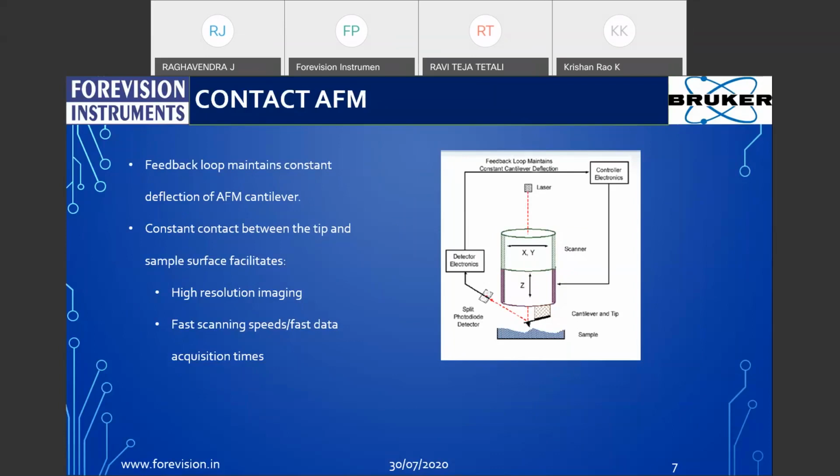There are a few problems, as I mentioned earlier. The major problem is that when we are moving the sample in the horizontal direction in contact, we are actually applying a lateral force on the sample. These lateral forces can damage your sample if it is softer than our cantilever, or it can have the vice versa impact if your sample is very hard and the cantilever is soft. Then the cantilever will break or wear can happen, and this will hamper the resolution of the image because the tip has to be sharp to get a good resolution AFM image.